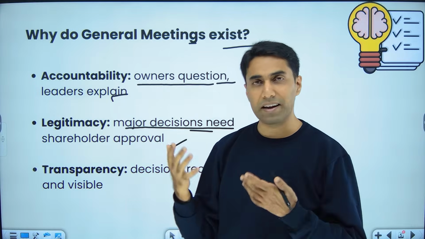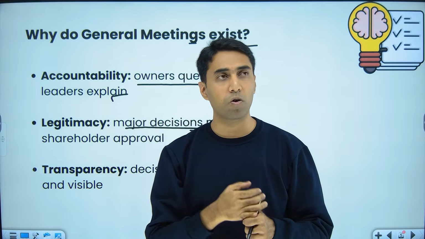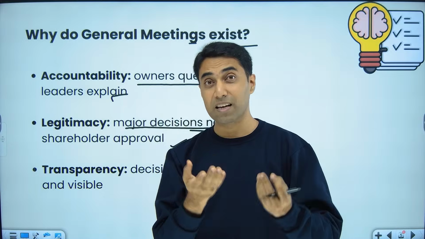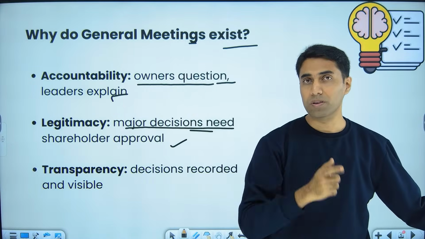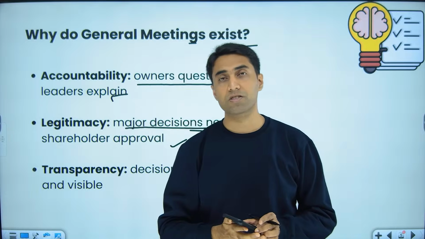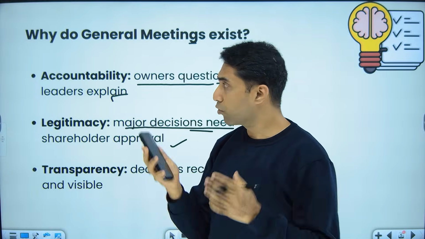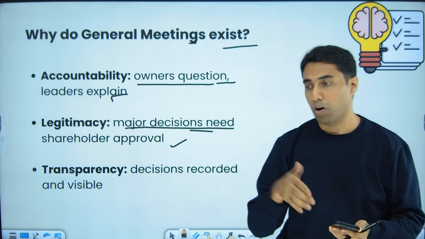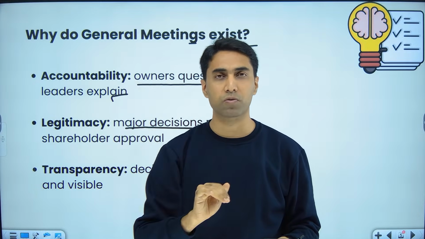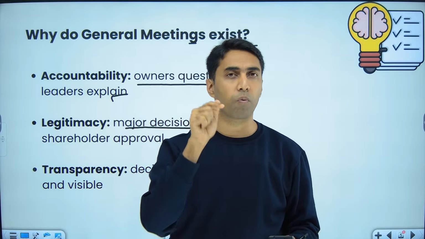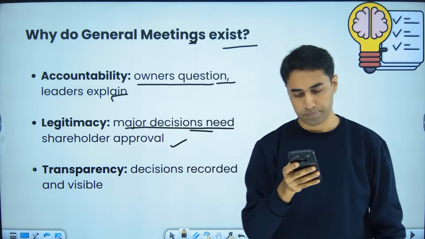See, what we do, we directly go into section 96. First you need to understand the background: why do we need meetings, how will meetings help you? Tell me one thing, how do you think being very good in this chapter will help you in your career as a company secretary? If you do very well in this chapter, obviously you will pass the exam. I'm not asking that. In your career, how will it be useful? That way you will know why you should study this chapter. Just tell me, why do you think you should study this chapter? Yes?